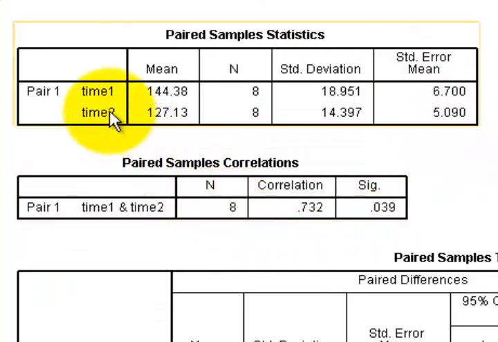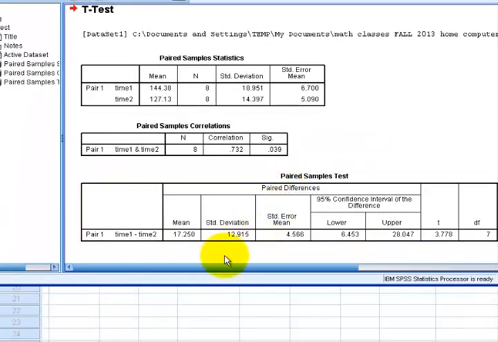So now it's going to give you a quick correlation between time 1 and time 2 to make sure that they are kind of related to each other. They should be. This is one type of a dependent test. In other words, the first group of scores is kind of dependent on the second group of scores because they're all the same people. Okay, so, but what we're looking for is we're going to look for the t-test statistic